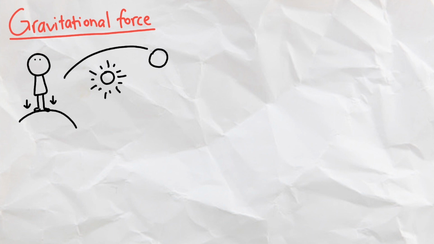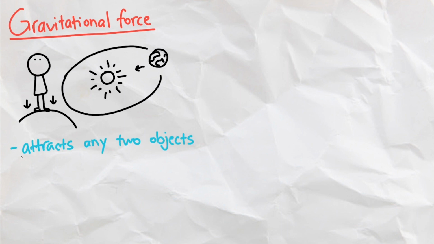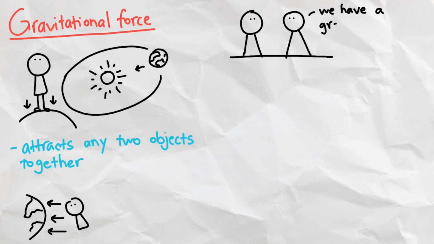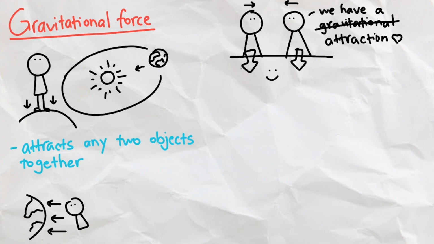Starting off with the one that we are the most familiar with, gravity, or more precisely, gravitational force. Gravity plants our feet onto Earth and prevents Earth from fleeing into the depths of space. It is a force that attracts any 2 objects together, so we aren't necessarily falling into the Earth, we are just attracted towards it. We don't get attracted to each other like electromagnets though, because even though every one of us has gravitational force between each other, the Earth's force is so much stronger that we are all attracted towards